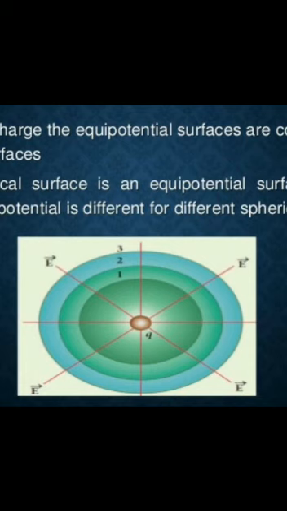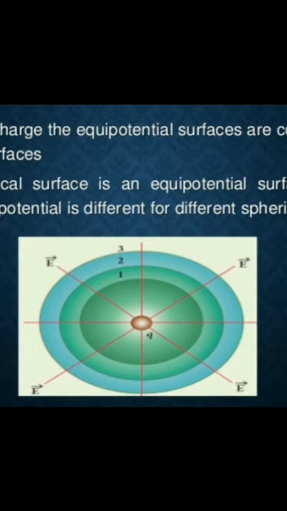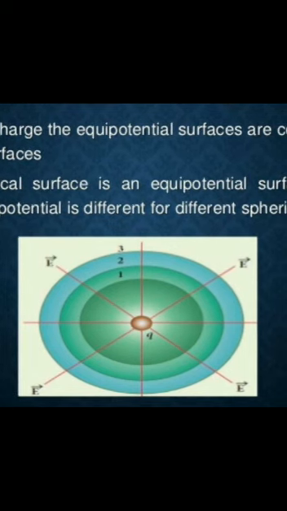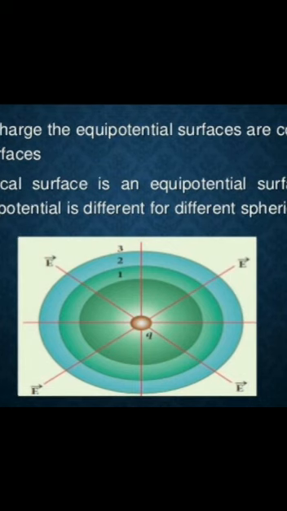So, all points on the second circle will be equipotential, or all the points are at the same potential. They form another equipotential surface. Similarly, all the points of circle 3 are equidistant from the center charge q. So, all points placed on circle 3 will be at the same potential. So, they form another equipotential surface. If you see, there are three equipotential surfaces, 1, 2 and 3. All these three equipotential surfaces are different.